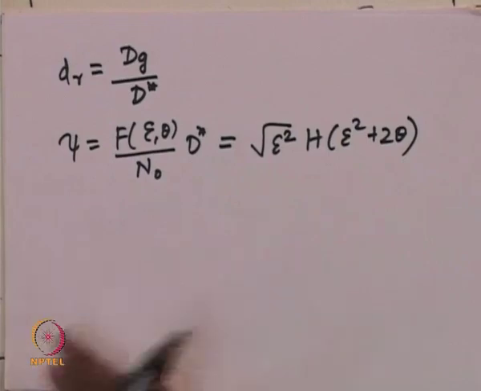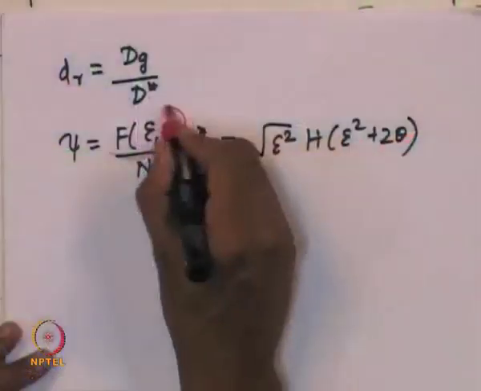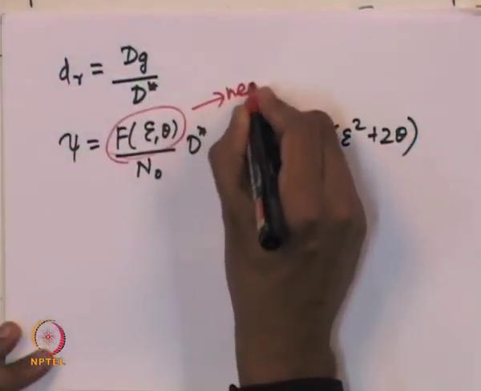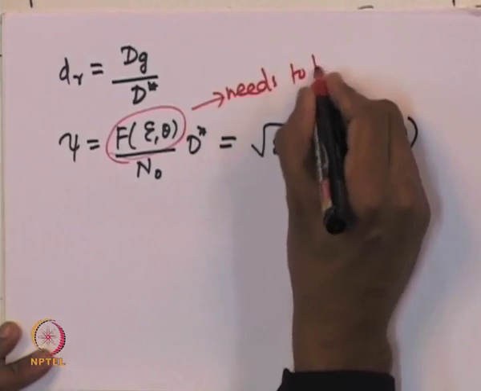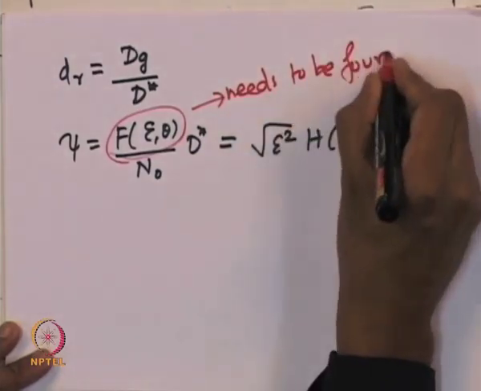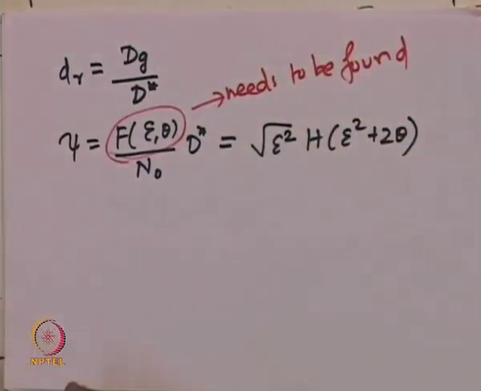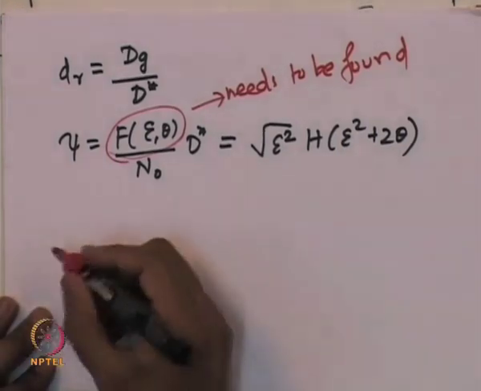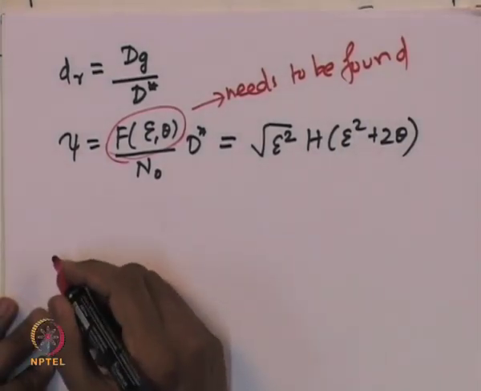So, now if we want to find out what is the final distribution, we need to find this expression f of epsilon comma theta. This expression needs to be found in order to find out what is the instantaneous distribution of the sizes. So, how can we do this? It can be done by actually using the distribution at the